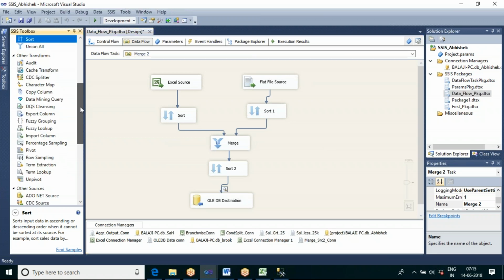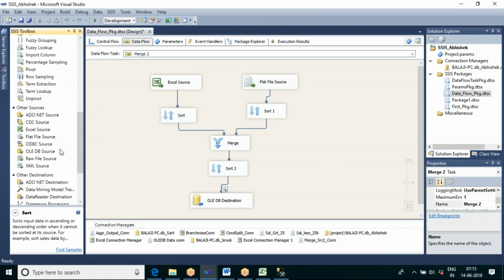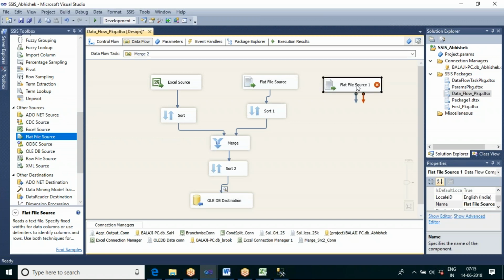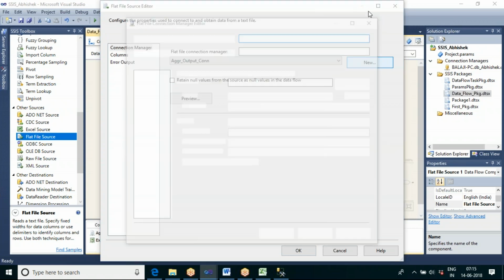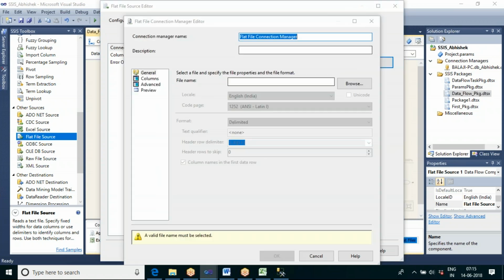So let me take one more flat file source. Now let me create a connection to the new source. Let me make this merge source 3 connection.